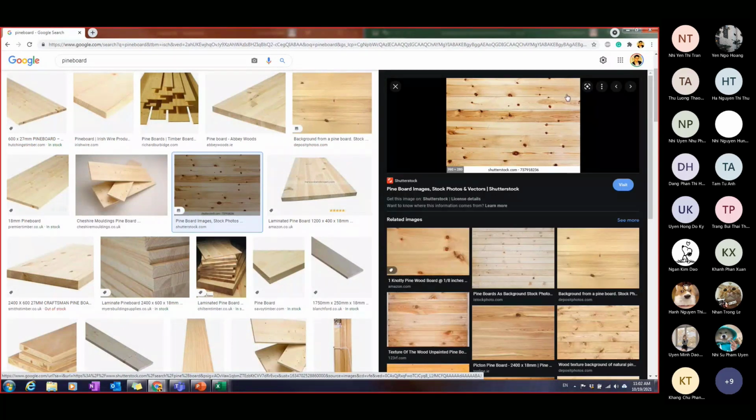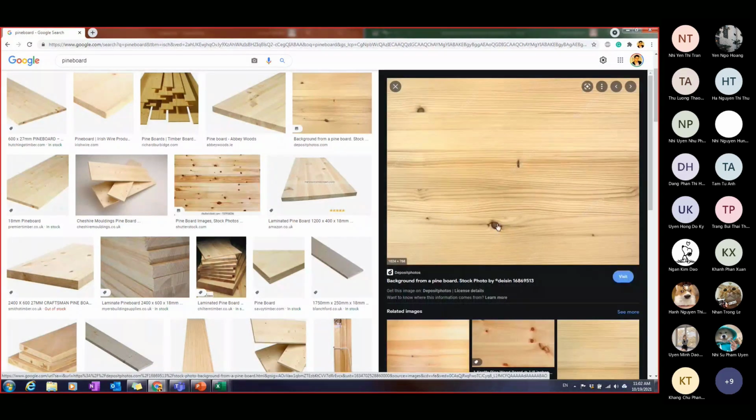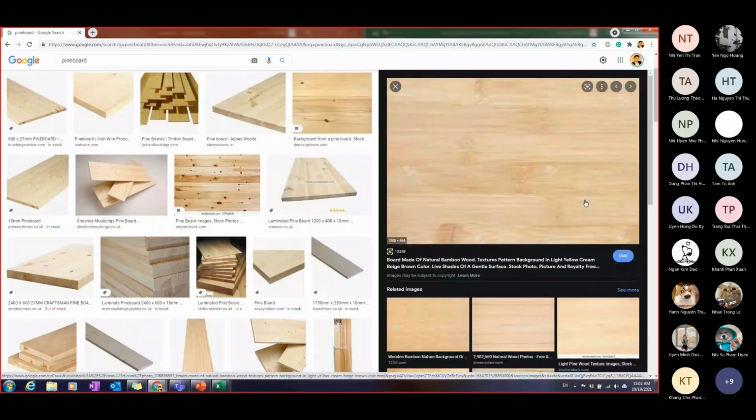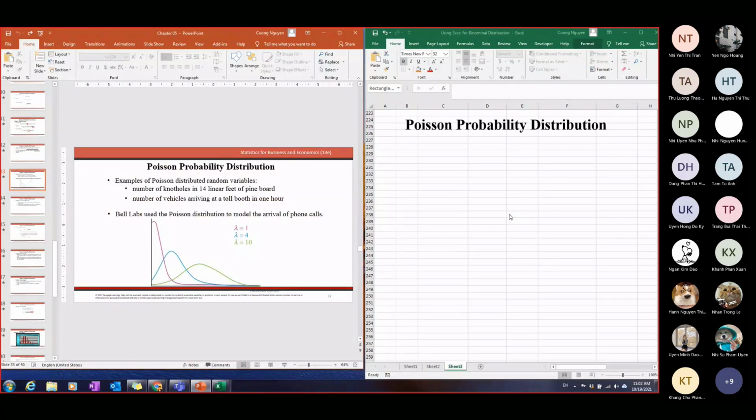So for example, in 1 meter of the pipe boards, we have maybe up to like 30, 20, 40, maybe 100, maybe 120 connectors. But sometimes they're quite clean like this. Just have 1, 2, 3, 4, 5 connectors. Sometimes just 1 like this, and sometimes they're totally clean and don't have any connectors on that one. It's up to the probabilities.